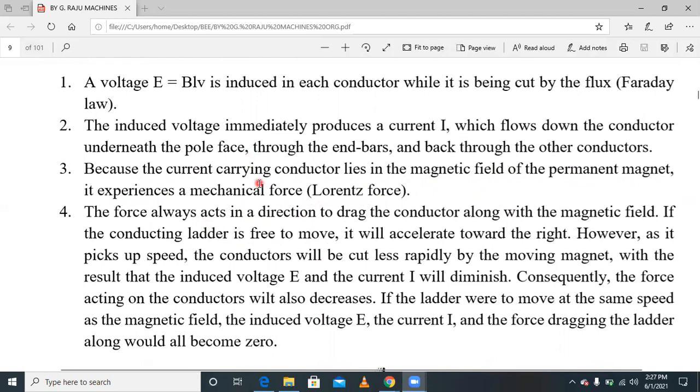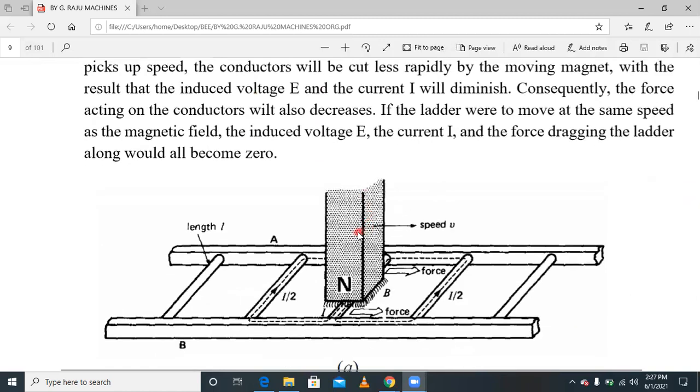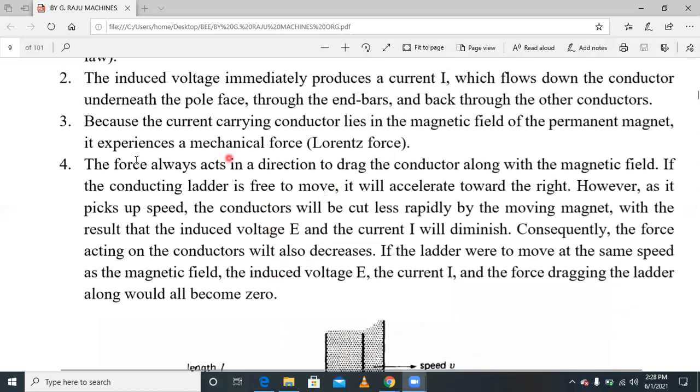The direction of the mechanical force is the same as the permanent magnet direction, that is, the rotating magnetic field direction. So here the rotating magnetic field is in this direction. The force acting on this copper is also in the same direction. The force acting on these copper bars or aluminum bars is also the same as the rotating magnetic field or permanent magnet. Am I right on that? According to the Lorentz force.